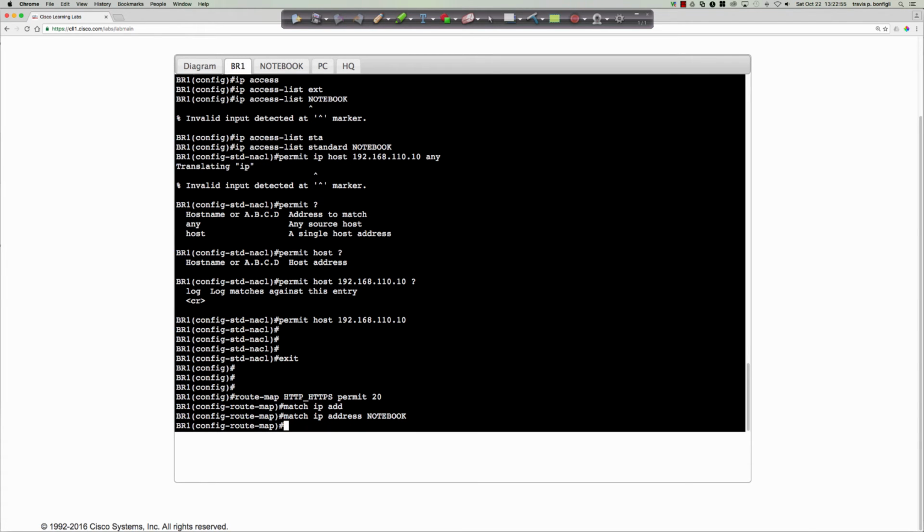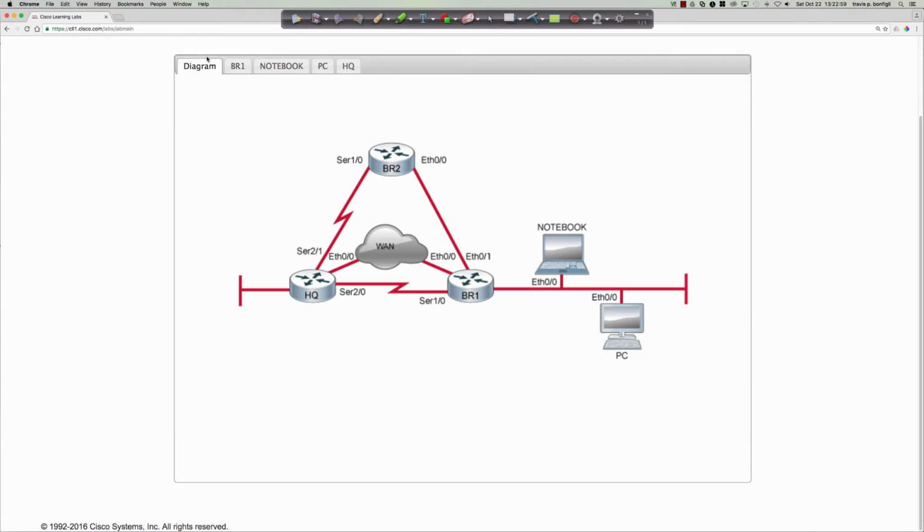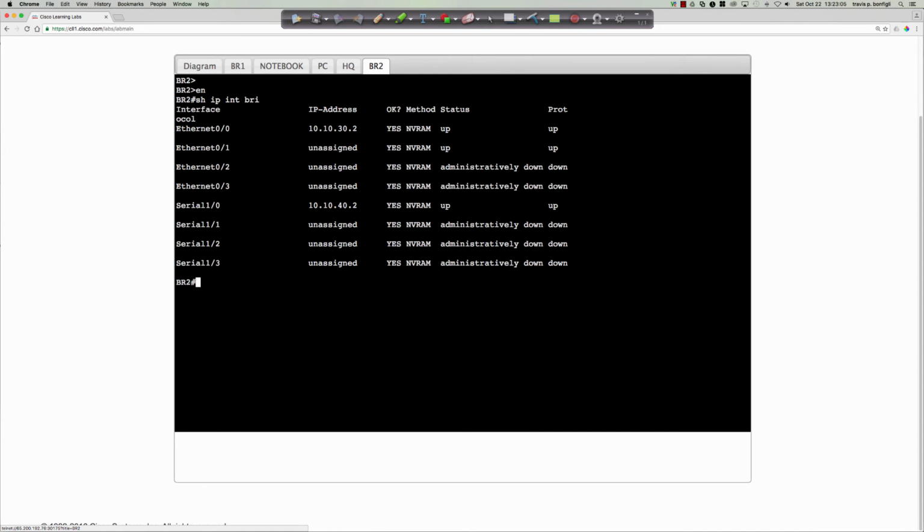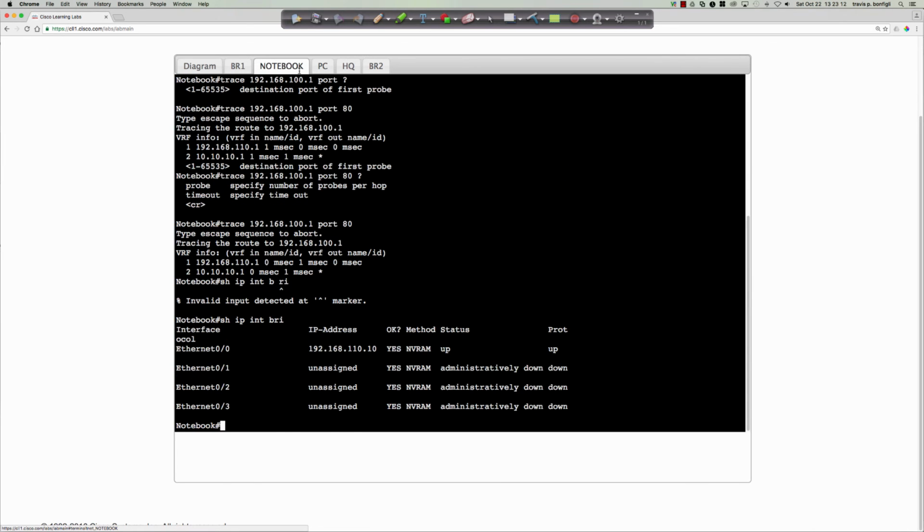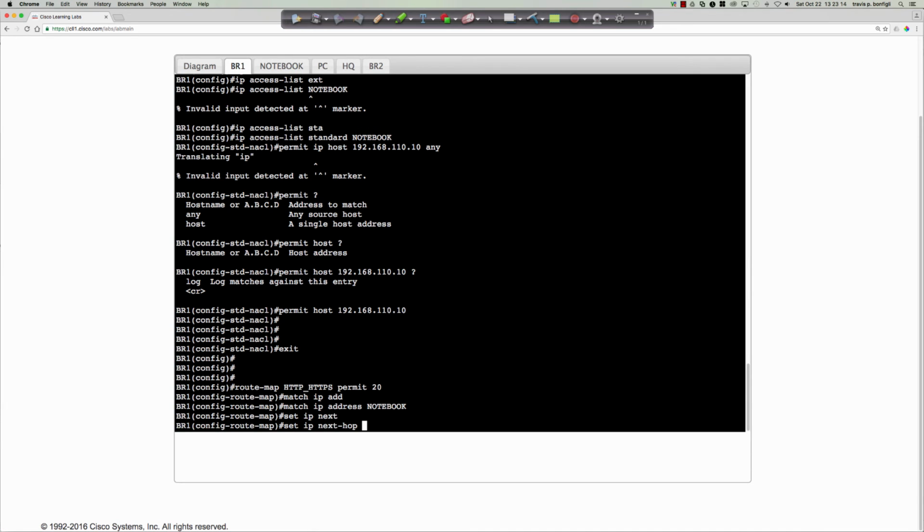And if we match it, we're going to set the ip next-hop. Again, we want to go to branch 2 here. On branch 2, if I said show ip interface brief, branch 2 is going to be 10.10.32, right? So we'll come back over to branch 1 and set ip next-hop to 10.10.30.2, and actually before we do that,